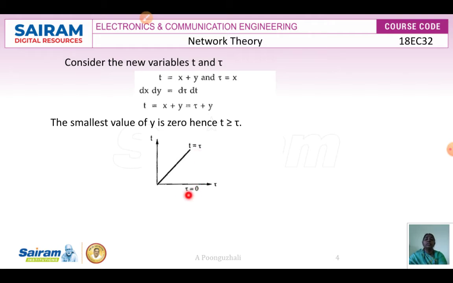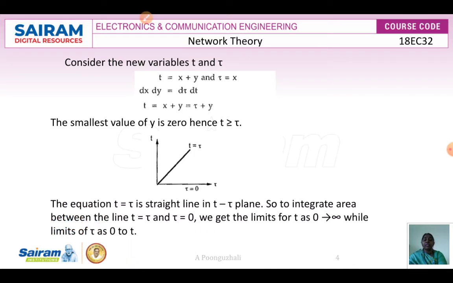Here the lower limit is tau is equal to 0 and the maximum limit is t is equal to tau. So here we are going to integrate this duration, from tau is equal to 0 to t is equal to tau. We say that the equation t is equal to tau is a straight line in the t-tau plane,